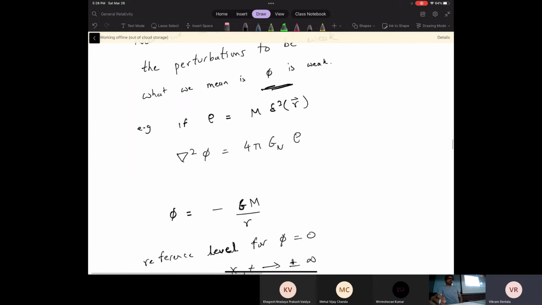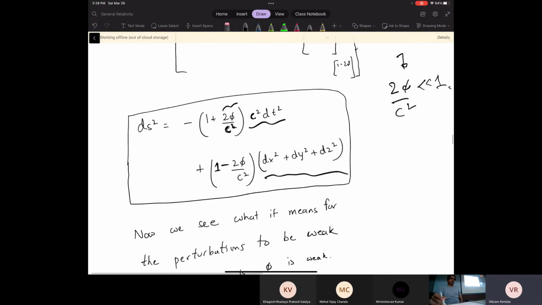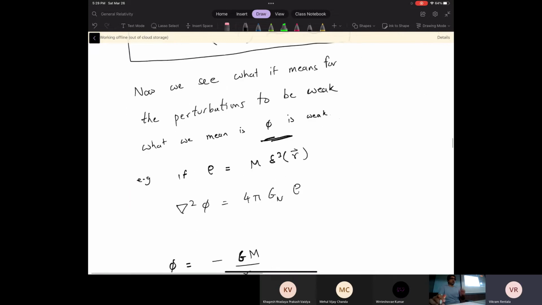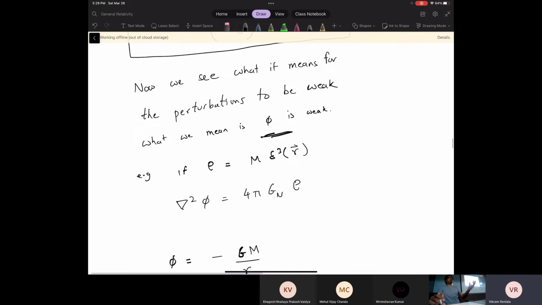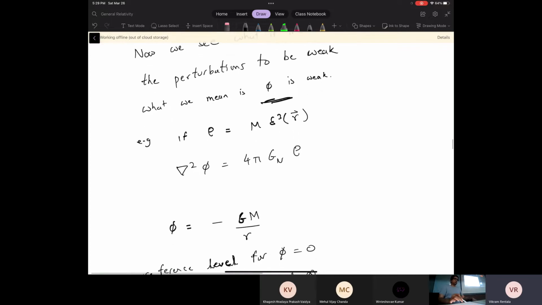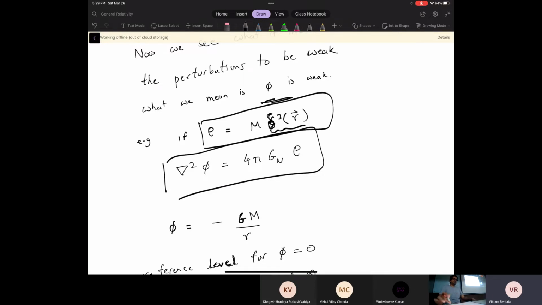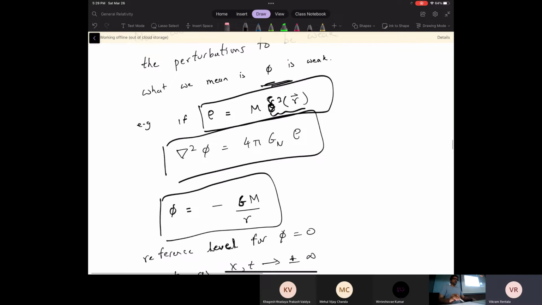But let's go on with this. So what does it mean for the gravitational potential to be weak? Weak compared to what? Suppose we're solving Poisson's equation with a point source. So we have a mass located at a point, so it's some delta cube r. You're solving Poisson's equation with this rho, and we know that Poisson's equation gives you something like minus GM